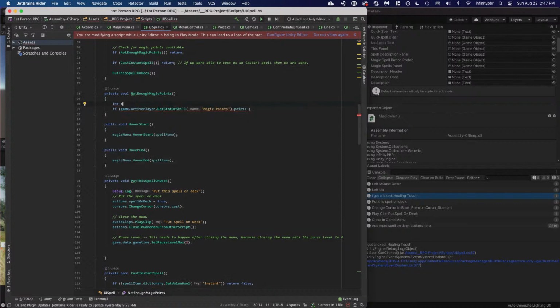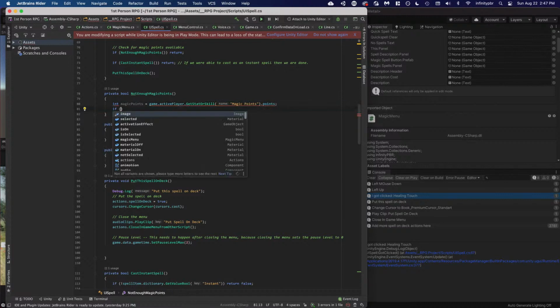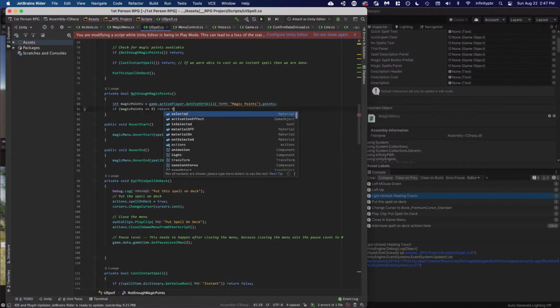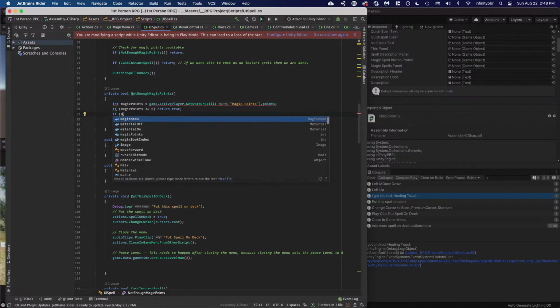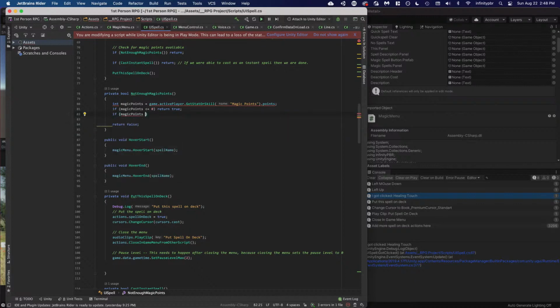Int magic points equals that. So a couple things. If magic points less than or equal to 0, then return true because we don't have enough. And then if magic points is less than